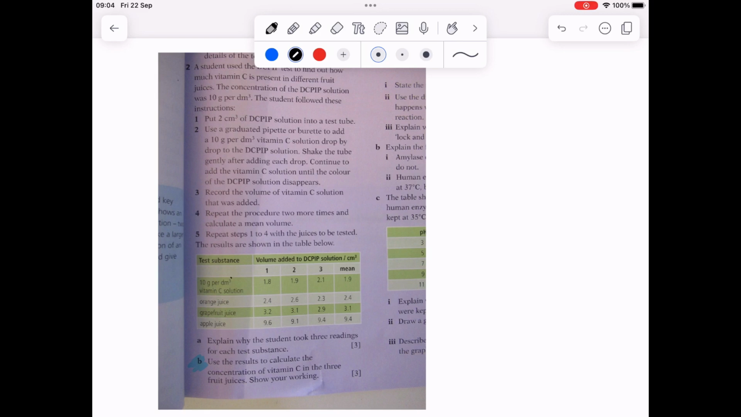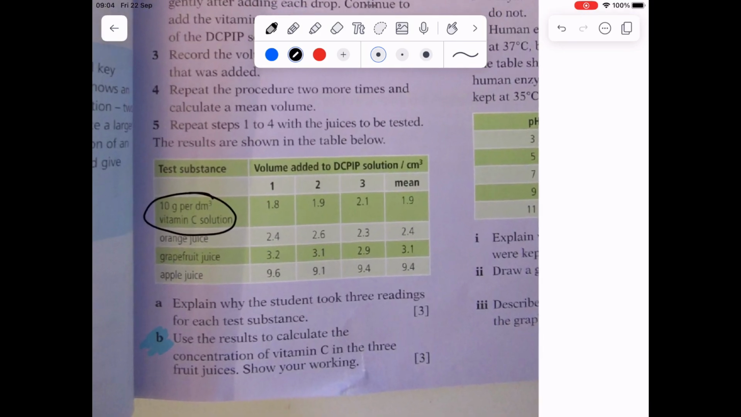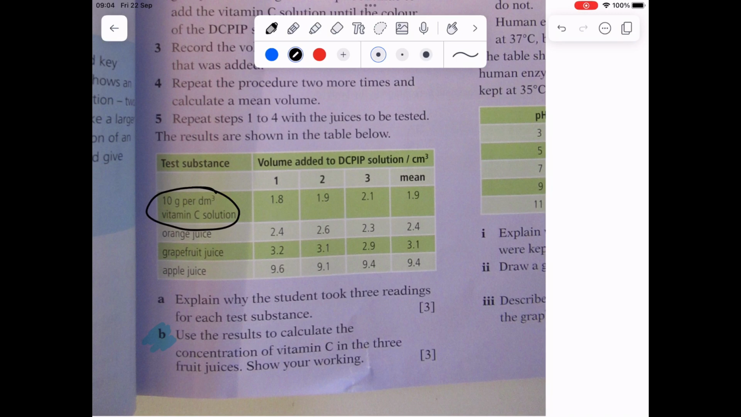3 fruit juices. So the idea is that the vitamin C is acting as a calibrator. We know that it has a concentration of 10 grams per dm cubed, and we can see you need 1.9 cm cubed of it as a mean to decolorize the DCPIP. What matters to the DCPIP is the number of grams of vitamin C. The water around it is just a carrier, so we need to find out how many actual grams are in